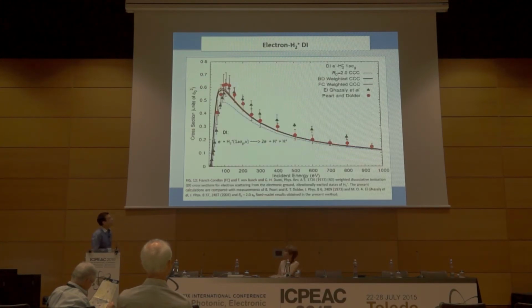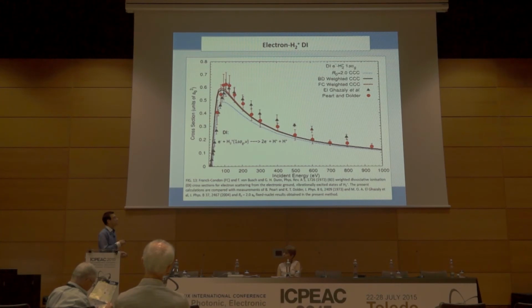Okay, so comparing with experiment for the dissociative ionization cross-section, first we'll look at our fixed nuclei calculations and see that they don't have much of a difference compared to our vibrationally weighted results, which means that there's not a huge dependence upon the vibrational distribution for the dissociative ionization cross-section. Our results are in excellent agreement with the experiment of Peart and Dolder, and they do disagree with the experiments of El-Ghazaly, and this is because